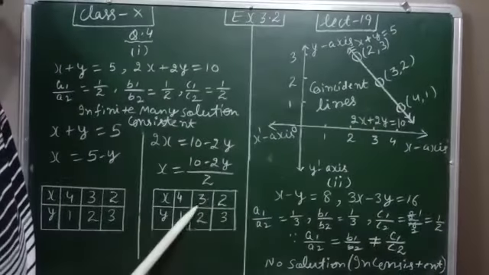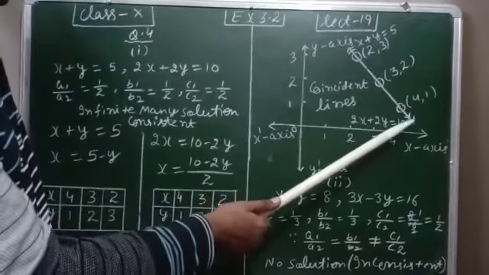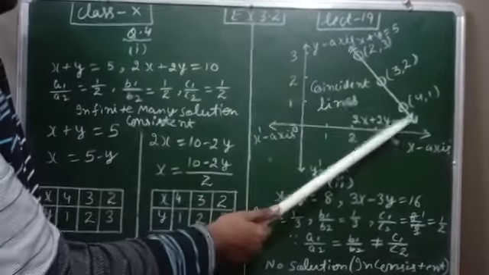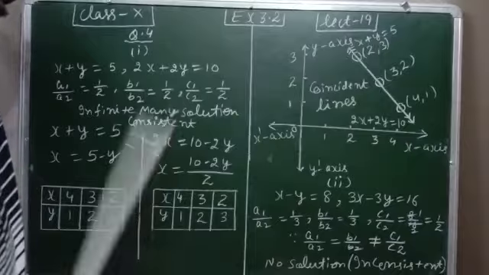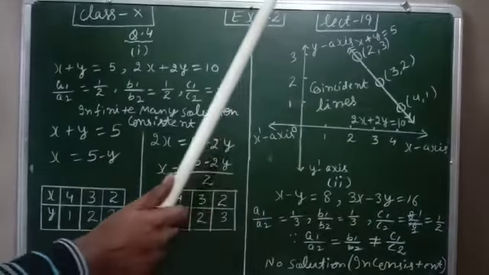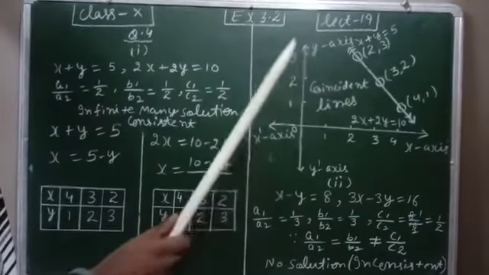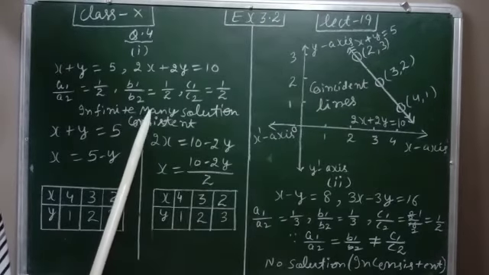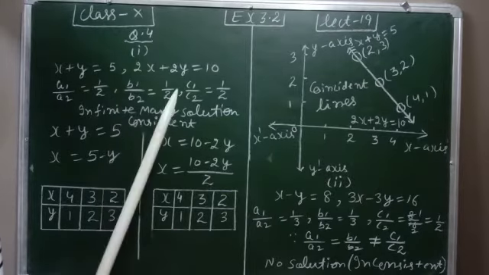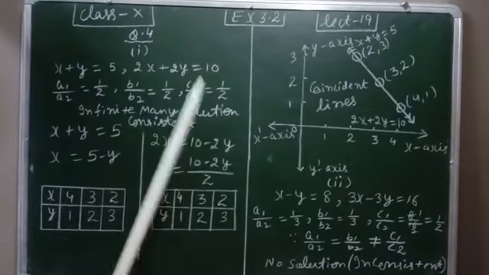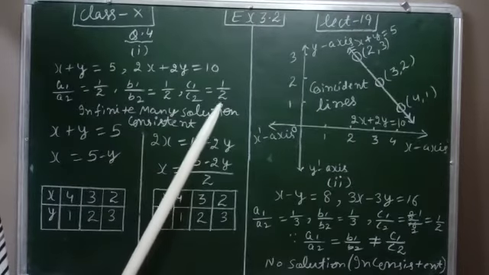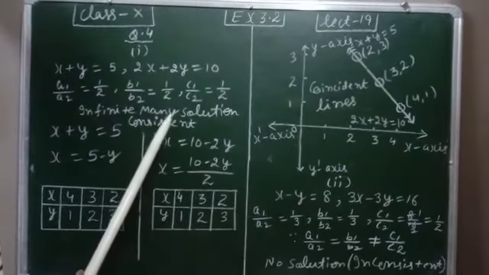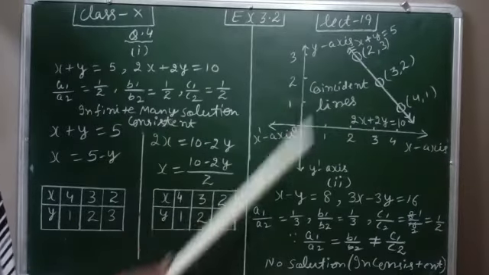Again, if I plot these three points for the second equation, I will get the same line. So I have to apply a double arrow here and a double arrow here also. The meaning of the double arrow is that the solution of both equations is a single line. So in this case I get coincident lines. Coincident lines are obtained when we have infinitely many solutions. In the second question, we only check what type of solution it is and what type of graph we will get. Here we showed graphically that whenever there are infinitely many solutions, we get coincident lines.